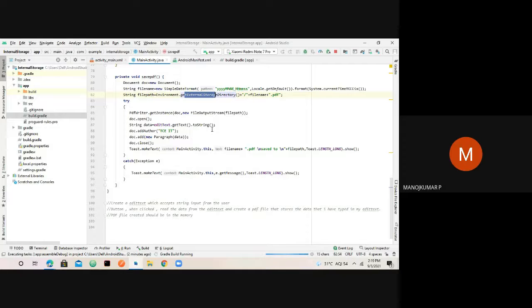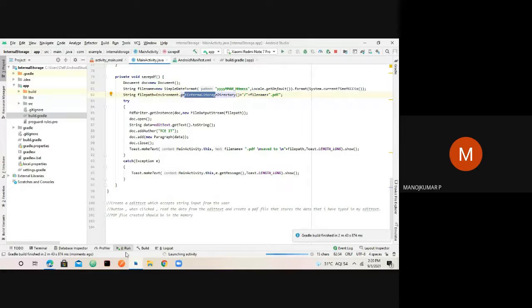So storing is not confined to just updating your data to the database. It is not like that. You can even read the data from that entity, like from the internal storage. If you have a PDF file, you can read the PDF file, load it into your application and view it. Likewise, you can load data from your database and view it in your mobile application. You can load data from the cloud and view it. So it is possible for both reading and writing to happen from and to a storage device. That is what I try to convey here.